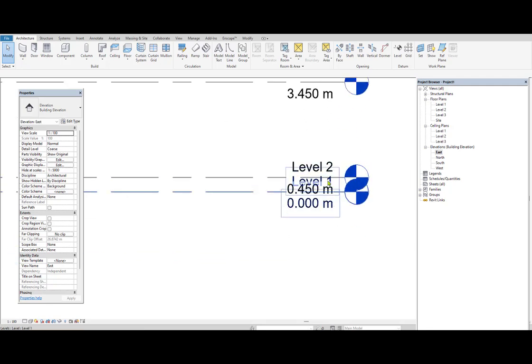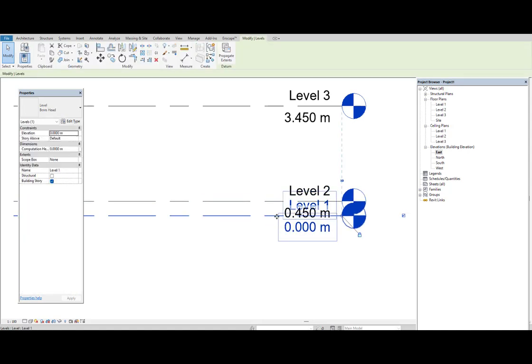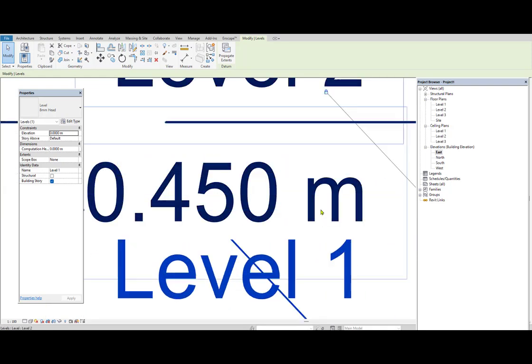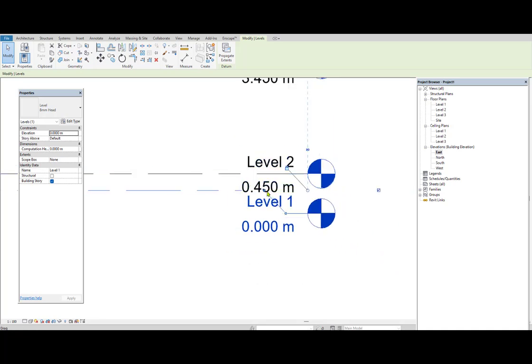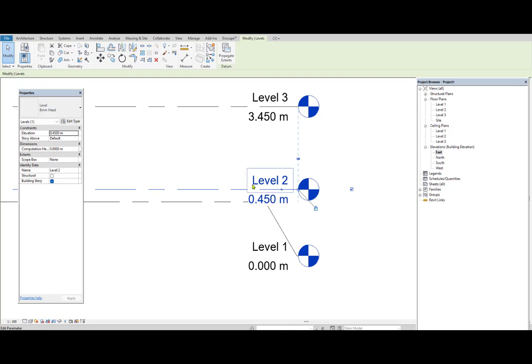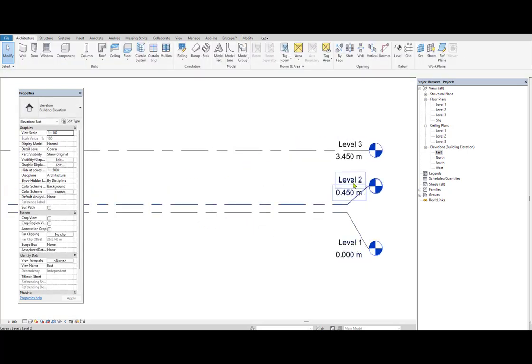So level 1 and level 2 are merging into each other. In order to separate these two levels, just click on any one level, and then here you will get an add elbow, that is the Z symbol. Expand that option, and you will get 2 control points to control it. You pick this and drag it like this, and the same thing for level 2. I click on level 2, click on the add elbow symbol and then drag the second point. Like this way you can separate level 1 and level 2.